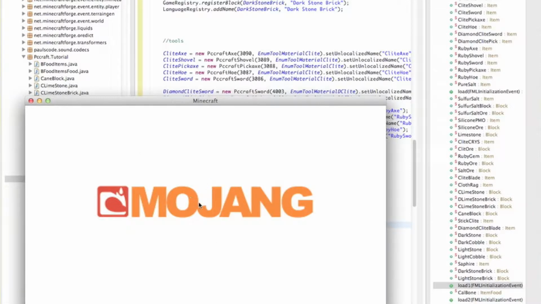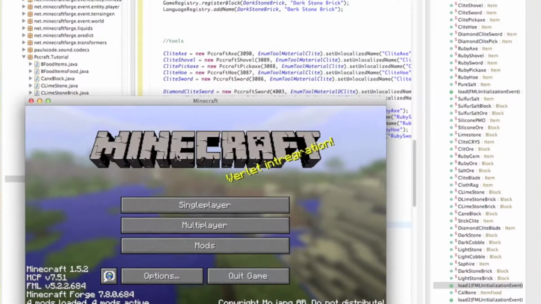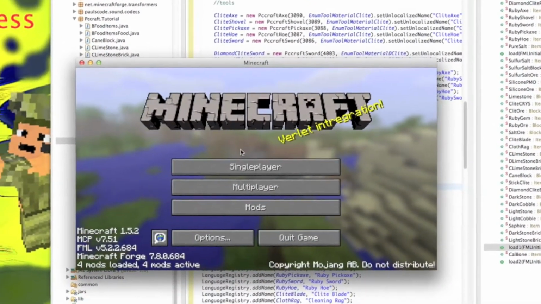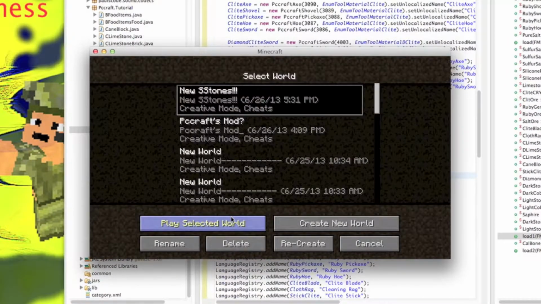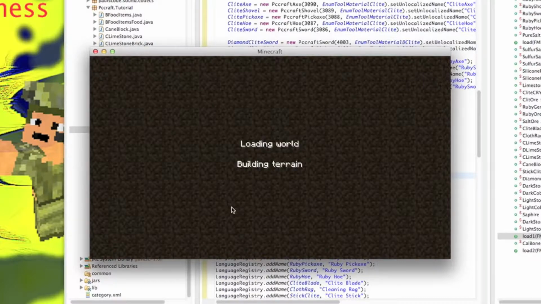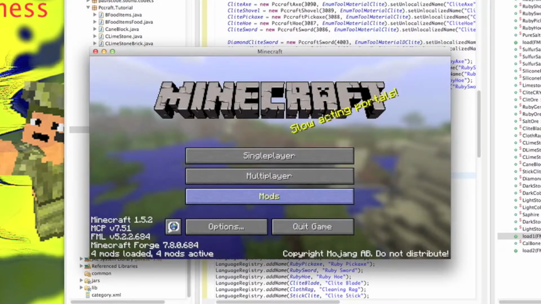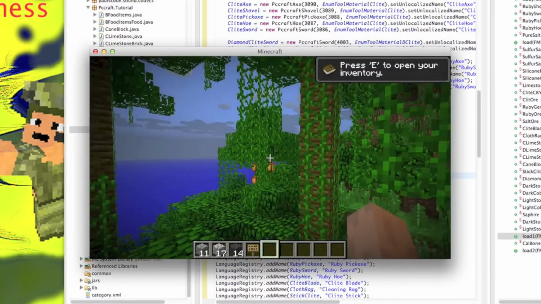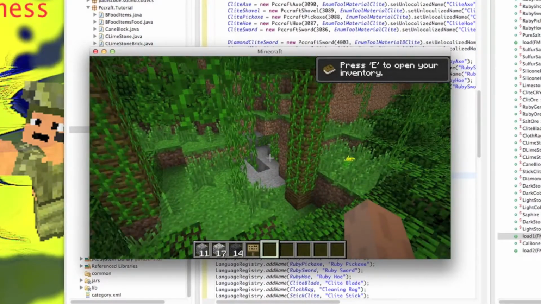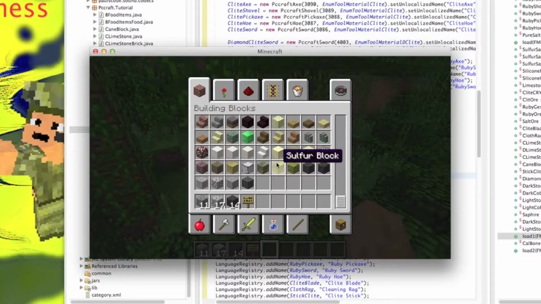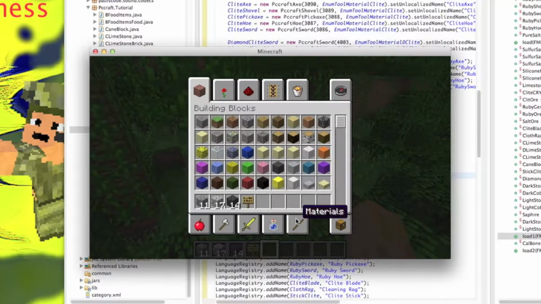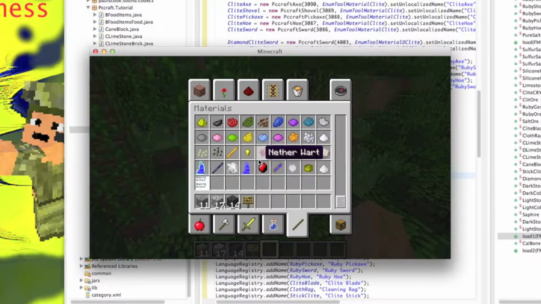Okay, now it's going to load here, and here we go. I'm going to zoom in on it. Okay, so we press start here, and if we go to new stones, oh, where am I? I'm in a jungle. Anyways, so if I press E, it's very pixelated right now. And if I go to materials and scroll down, we have a sapphire gem, but oh no, there's no texture